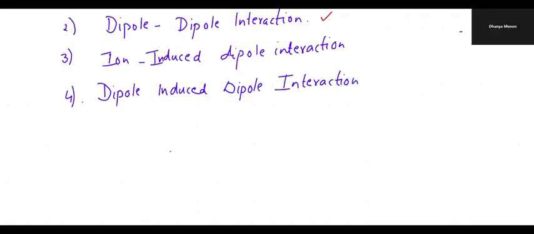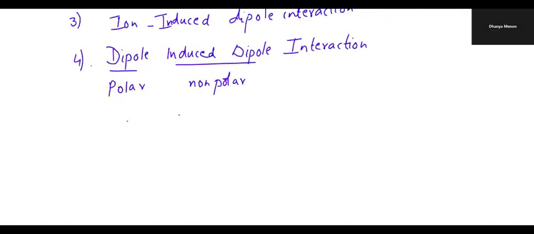So that means this exists between a polar, dipole means always polar, okay? A polar molecule and non-polar molecule. For example, if I take a polar molecule, for example, hydrogen chloride, okay? So I take hydrogen chloride and a non-polar molecule may be chlorine or oxygen or nitrogen or hydrogen, any non-polar